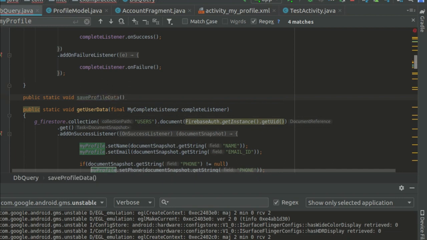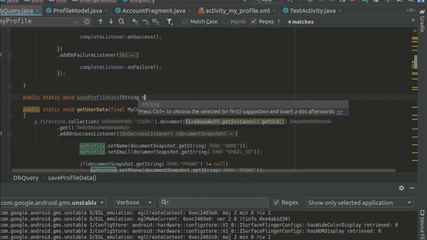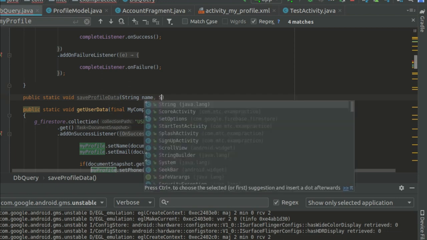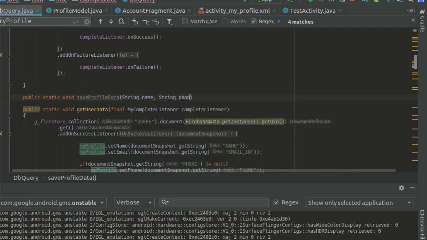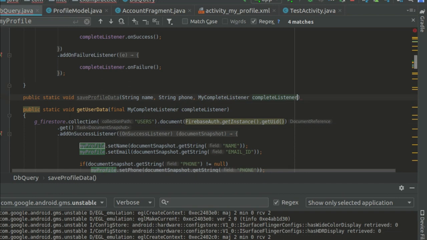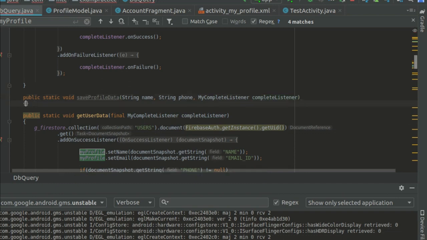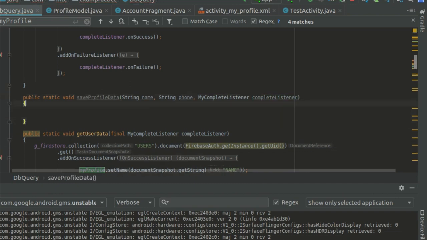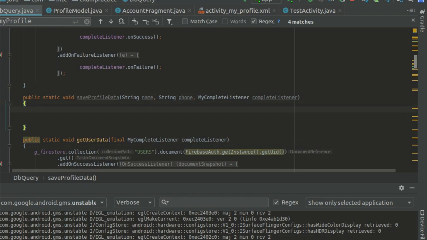Here we have parameters. The first parameter is name, the second parameter is phone number, and the third is my complete listener. So these are the three parameters that we want. And here first we will create a map for the data, a map of string and object,